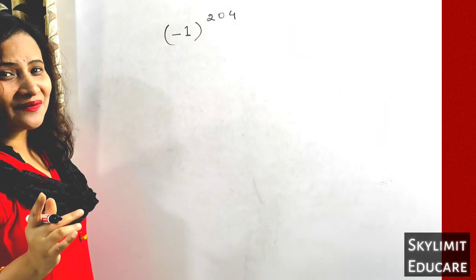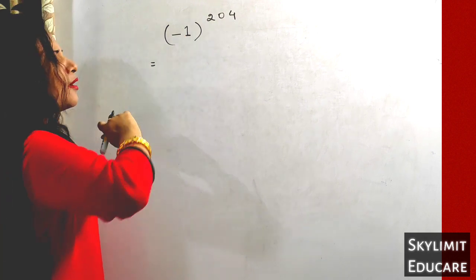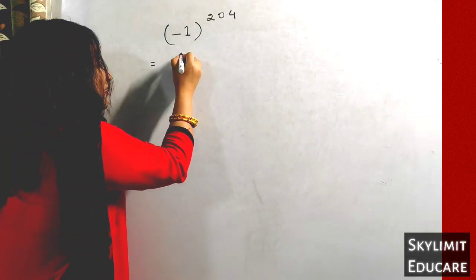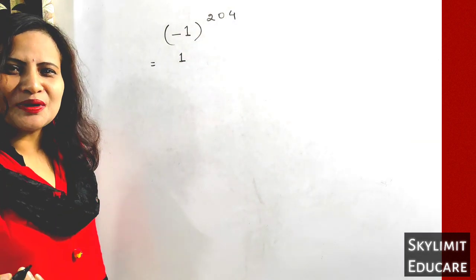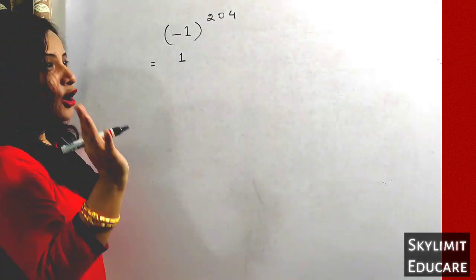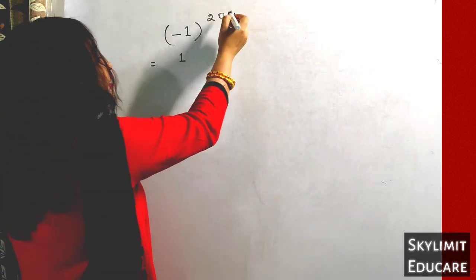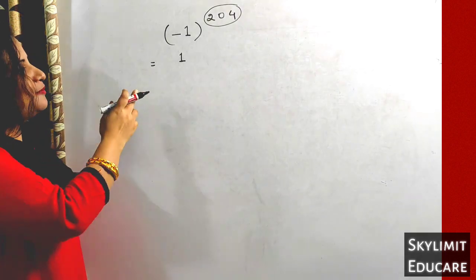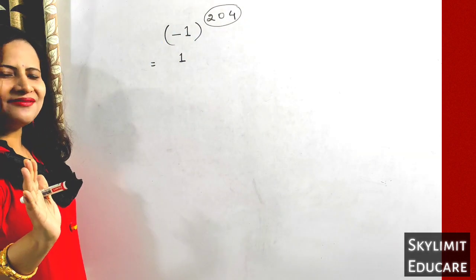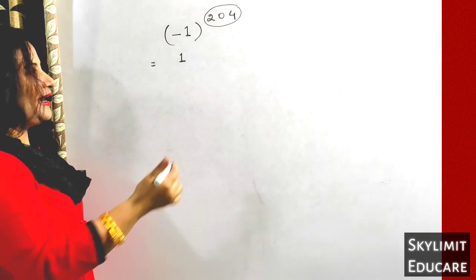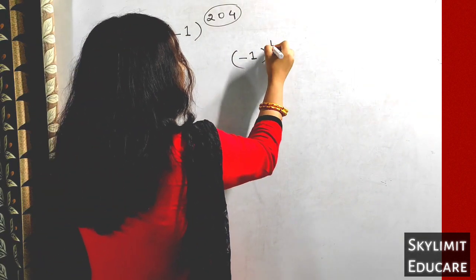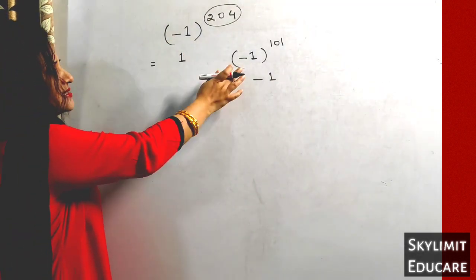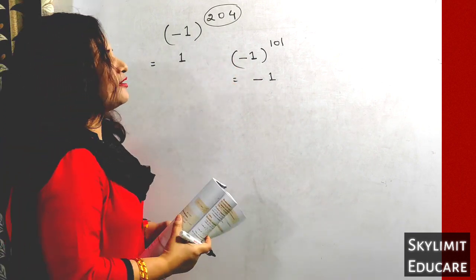I told you in the last class, remember it? 1 to the power of anything. That means 1 you multiply as many times, you will get how much? 1 only. But the question is whether you will get minus 1 or plus 1. That is the thing. What will decide that? The power. Just look at the power. You know 204 is an even number. So if the power is even, the answer will be positive. Simply 1. Clear? And if you have an odd number, like suppose 101, the answer will be how much? Minus 1. Remember it. So whenever you get a minus base like this, and it is asked to you, what will you write?